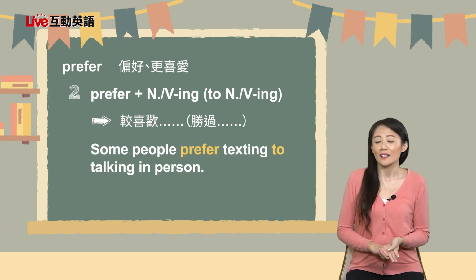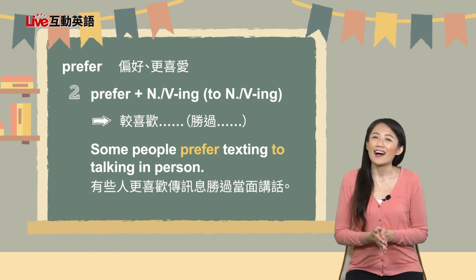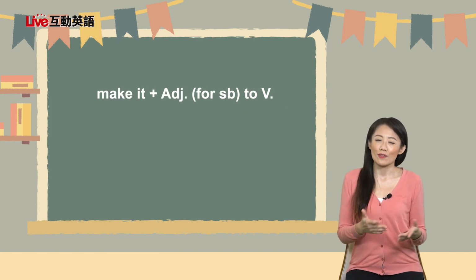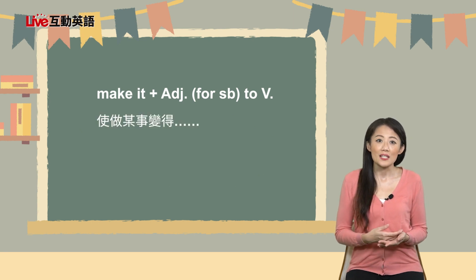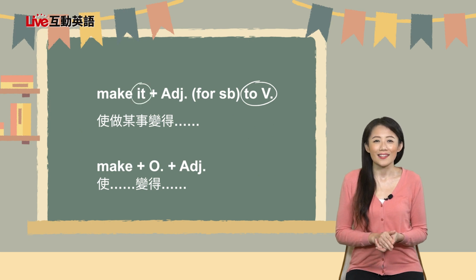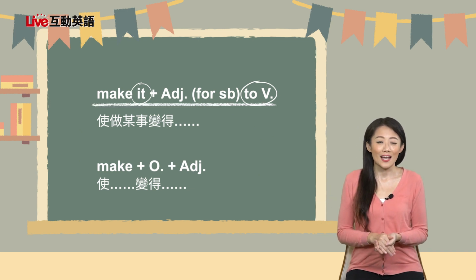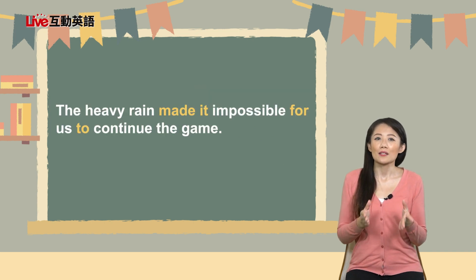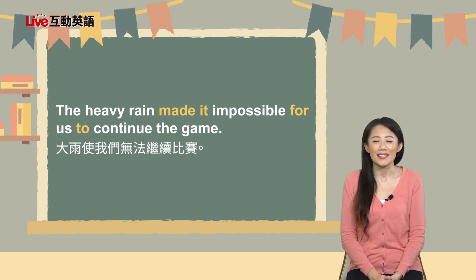prefer texting to talking in person。有些人更喜欢传讯息胜过当面讲话，你也是吗？第三个重点是 make it 形容词 for somebody to 加上原形动词，表示使做某事变得怎么样。先复习一下，make 受词加形容词，表示使什么变得怎么样。如果这个受词是不定词 to be，我们就要用虚受词 it 来代替受词位置，把真正的受词 to be 移到句尾，那就形成 make it 形容词 to be 这样的句型。不定词 to be 前面还可以加上 for somebody。例如，The heavy rain made it impossible for us to continue the game。大雨使我们无法继续比赛。好，接回到课文中。